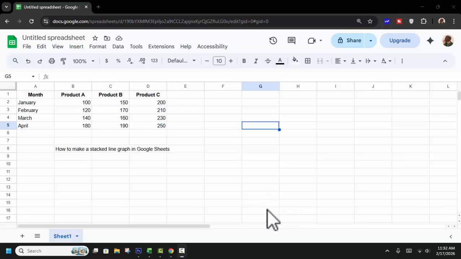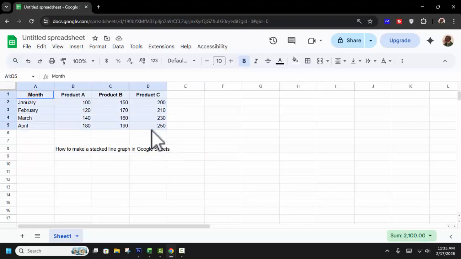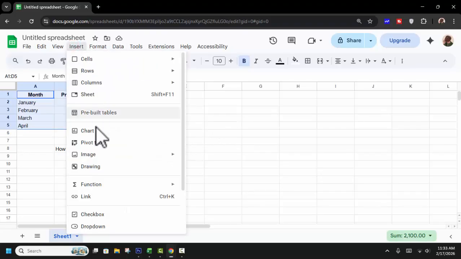Hello everyone, in this video I will show you how to make a stacked line graph in Google Sheets step by step. First of all, open your Google spreadsheet, then select your data: month, product A, product B and product C. Then go to Insert tab, Chart,